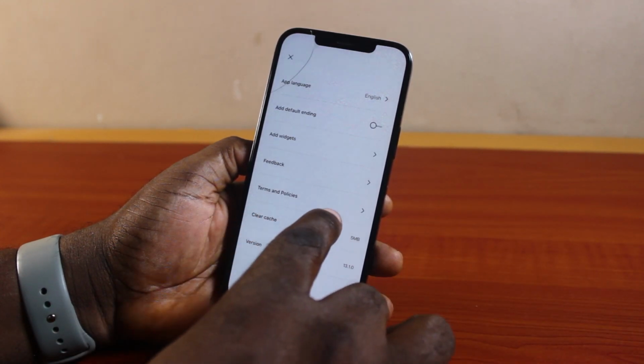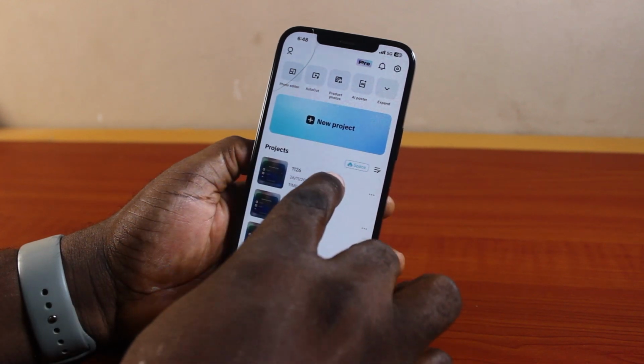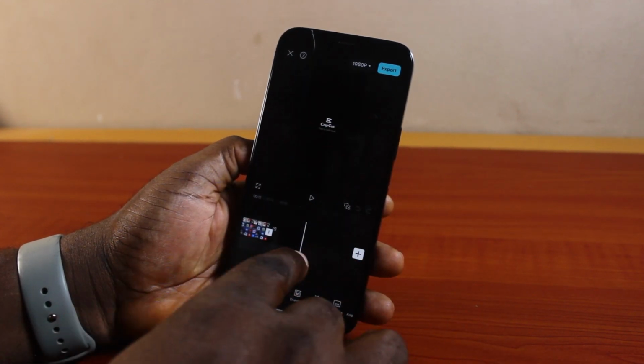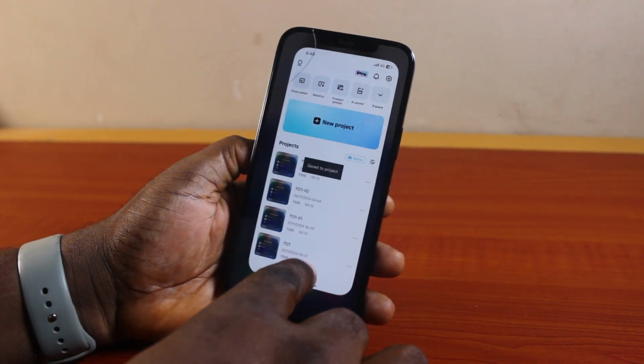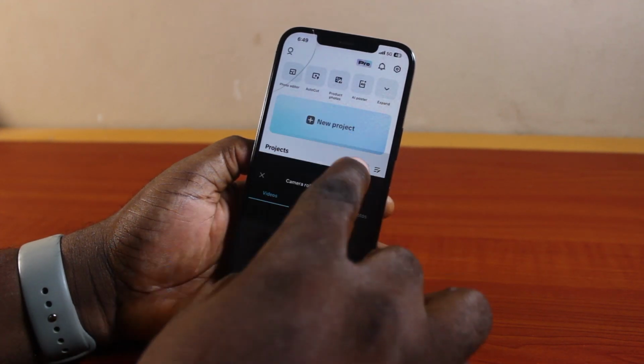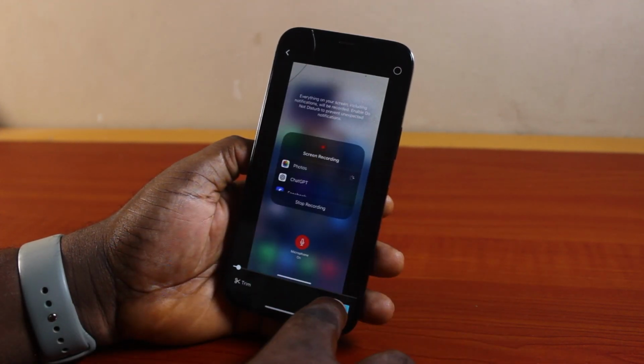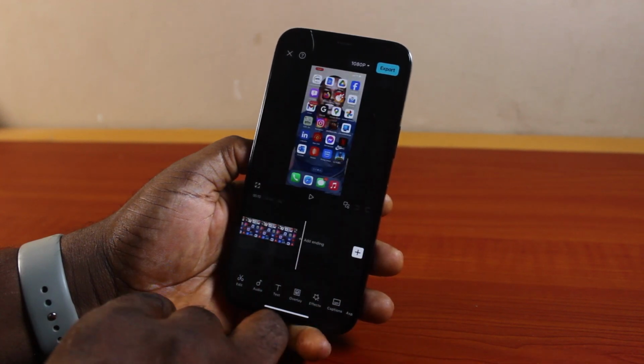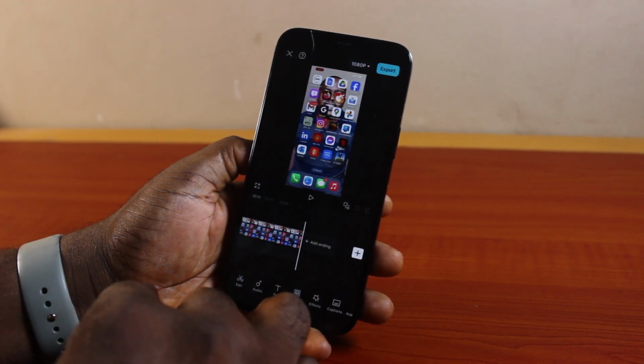Once you disable that, and when next you start a new project on the Capcut application, this particular default ending will not be available. So close that again, open the Capcut application, click on new project, then import your video, add it. Then if you go to the very end, you discover that the Capcut logo at the end is no